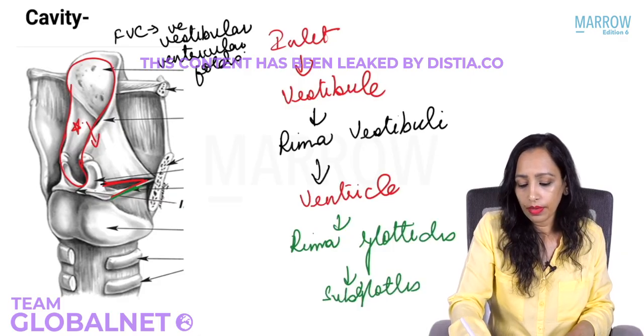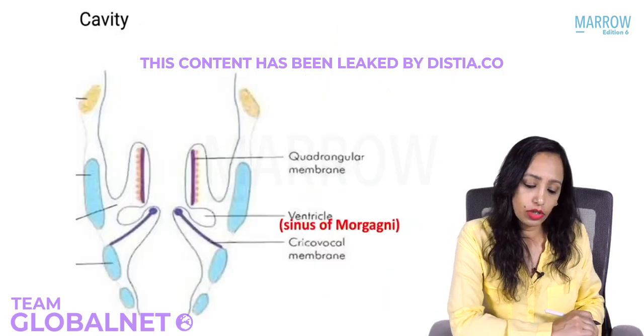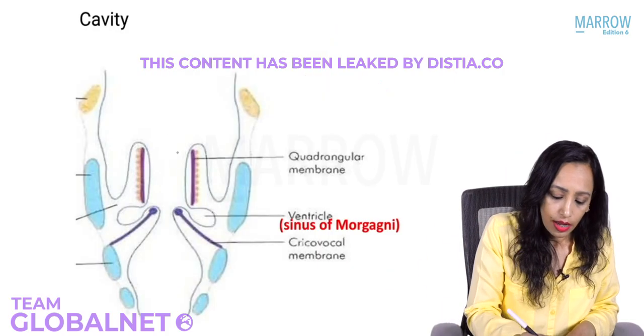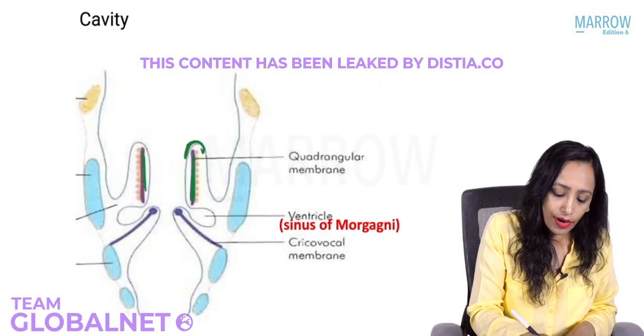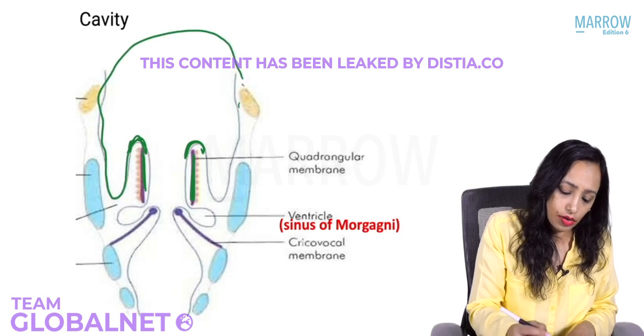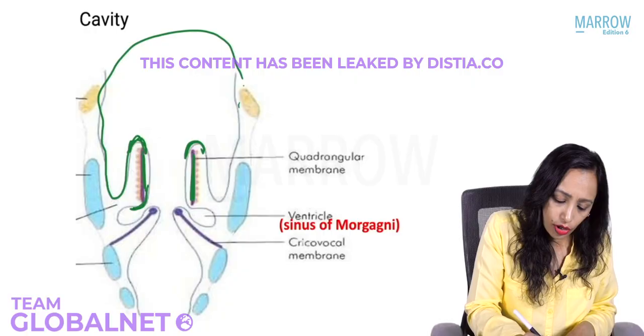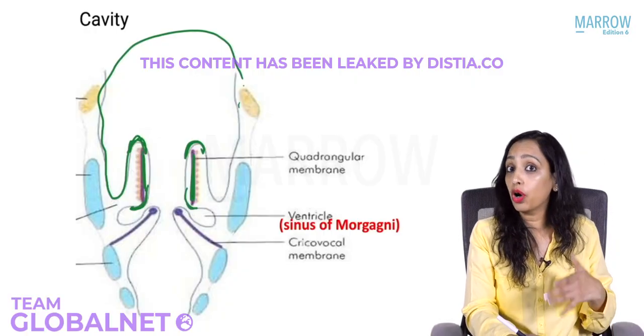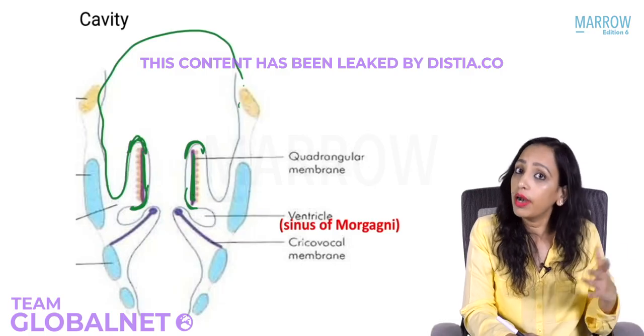That is what is known as subglottis. Is that very clear? So now can you tell me the parts of the cavity? I will write 1, 2, 3, 4. You tell me what these parts are. This here is a quadrangular membrane. This is the upper border of the quadrangular membrane forming the aryepiglottic fold. This is the epiglottis here. And this is the lower border of the quadrangular membrane. What is the lower border of the quadrangular membrane known as? False vocal cord. The false vocal cord is also known as vestibular folds, ventricular folds.